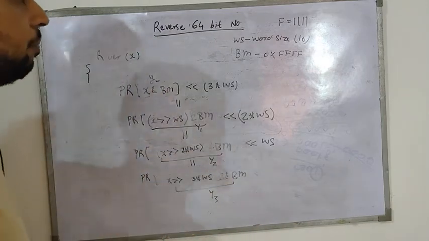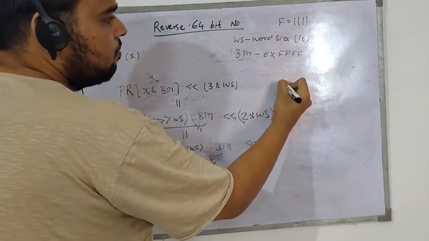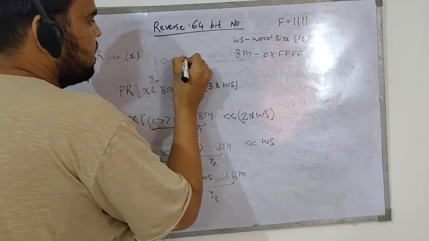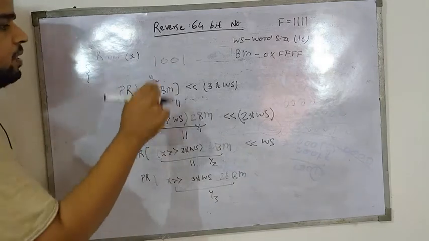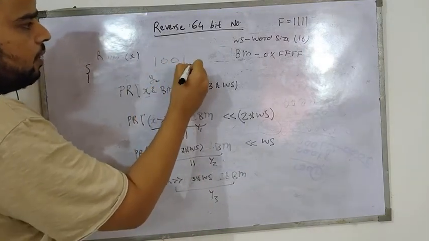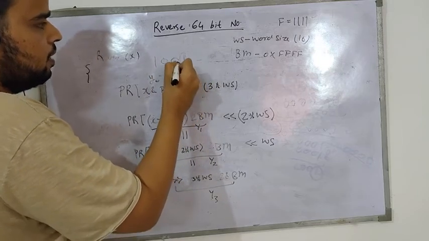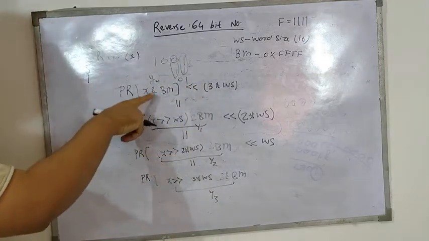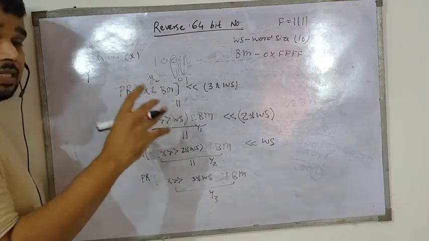Let me give an example. Let's say your x size is 4 and you want to extract the last 2 bits, that is bm. So what you will do, you will write 1 and 1 here and do a bit mask, and this will return this 1 and return this 0. So this is the process of extracting the last 16 bit. So now I have extracted the last 16 bit.